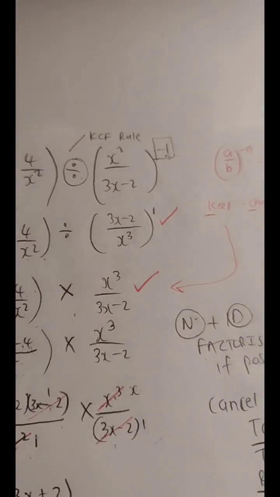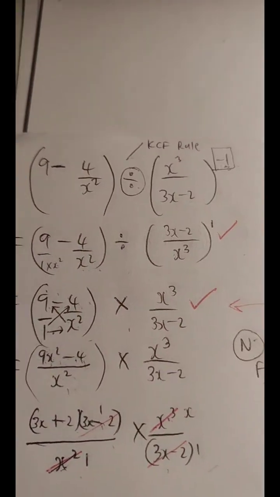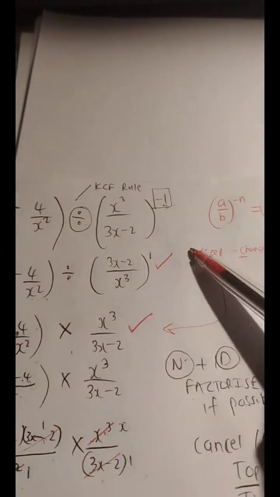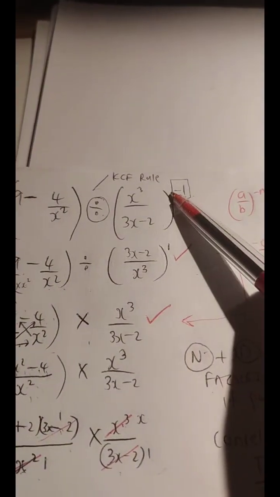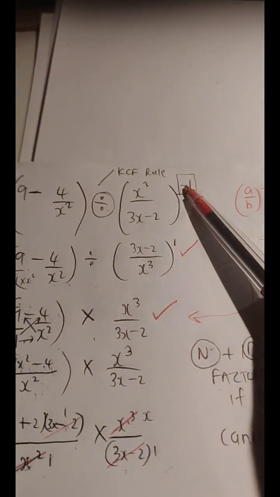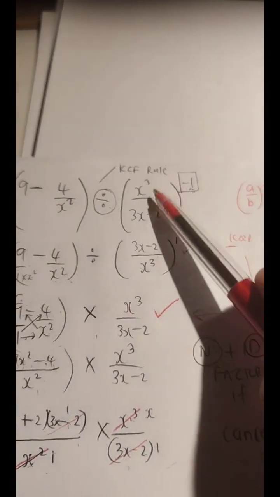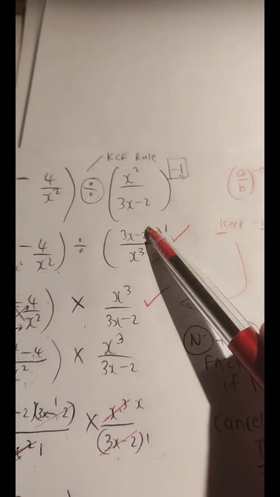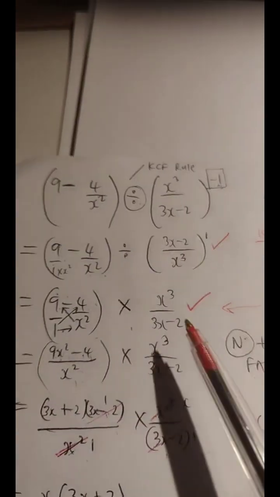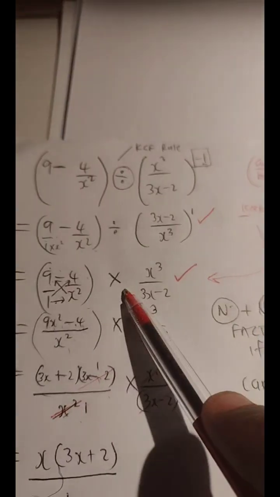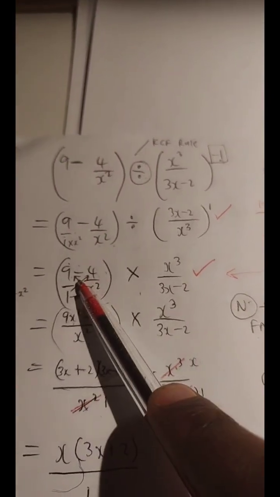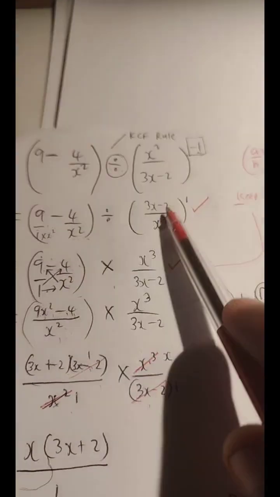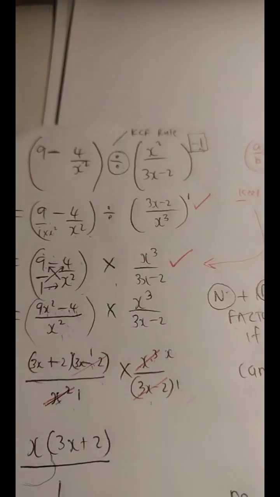Okay, so we could independently deal with this bracket in as much as we could independently deal with what is inside this bracket. So what we did initially was the exponent, the negative exponent sign changes, and then the fraction flips. Denominator becomes numerator, numerator becomes denominator. Next step, change divide to multiply. We call that the KCF, meaning keep the first fraction, change the division to multiply, and flip the fraction.